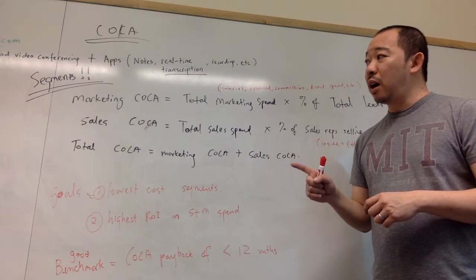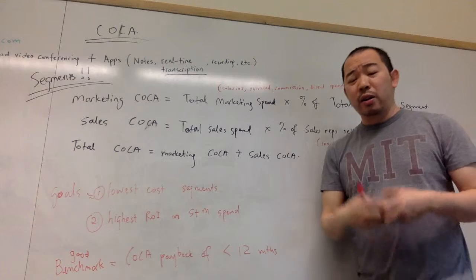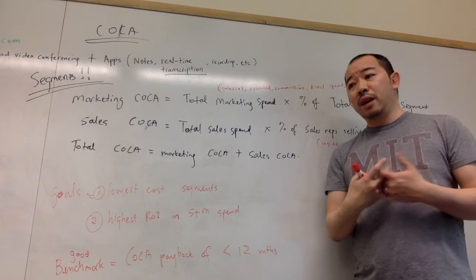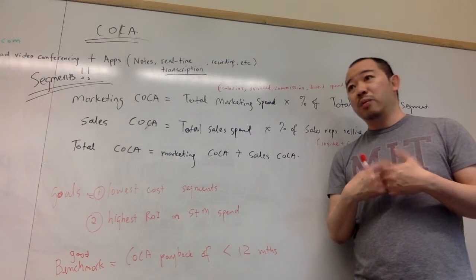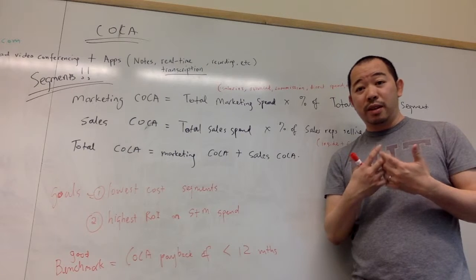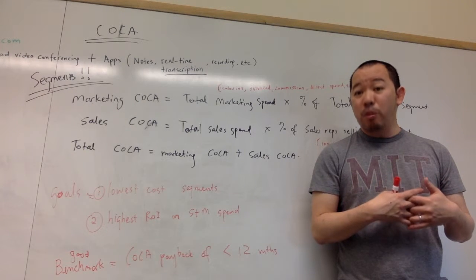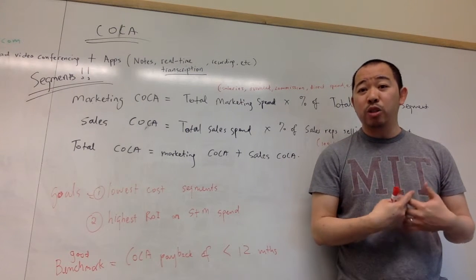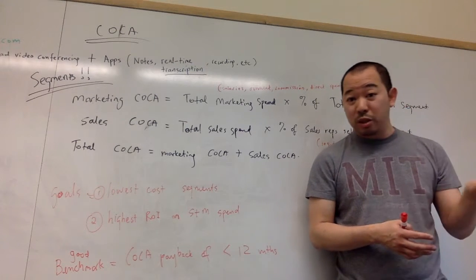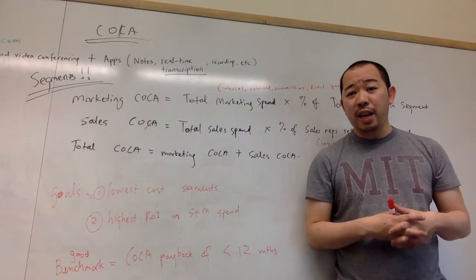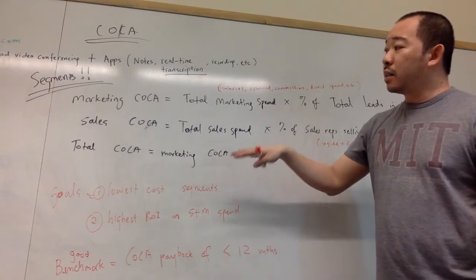One thing I think about is segmentation. When you have a product or service that you're selling, chances are you're selling to more than one segment, right? Depending on how you define your segments. And one of the biggest insights the COCA analysis can tell you is what segments perform better, where you should be spending your money, where you should be focusing on, right? And some of these segments could be vertical segments, it certainly could be horizontal segments or some other delineation, right? So anyway, for some formalism,